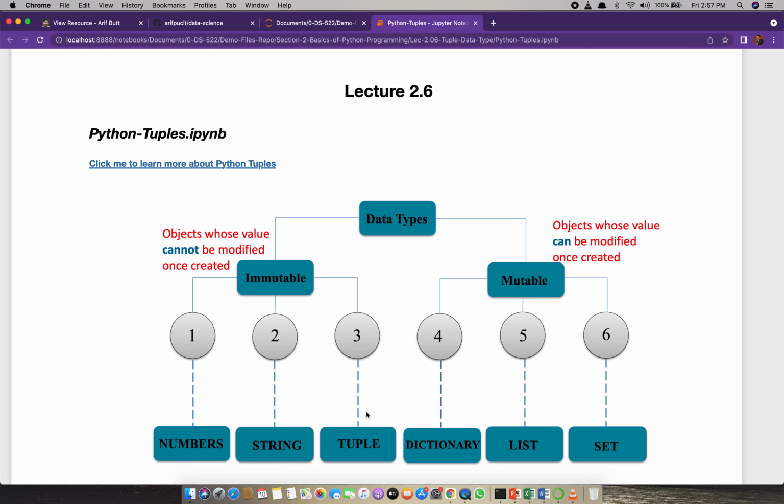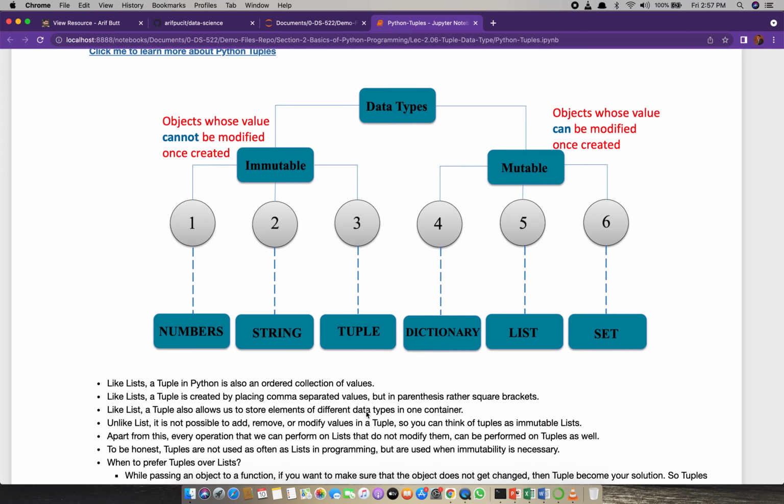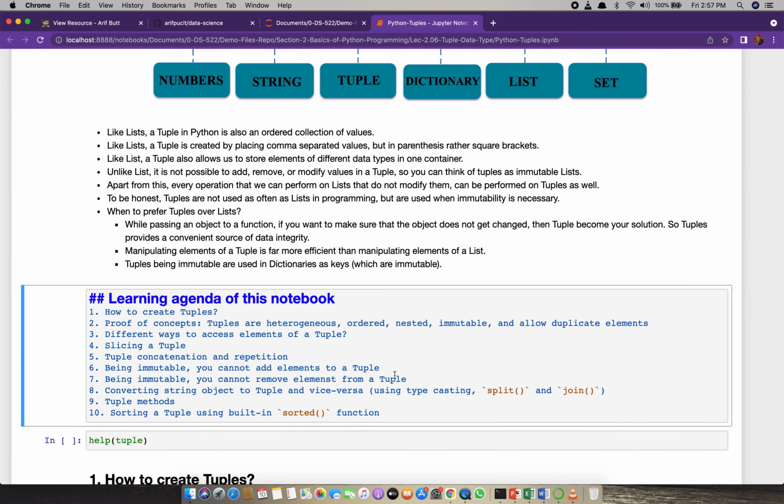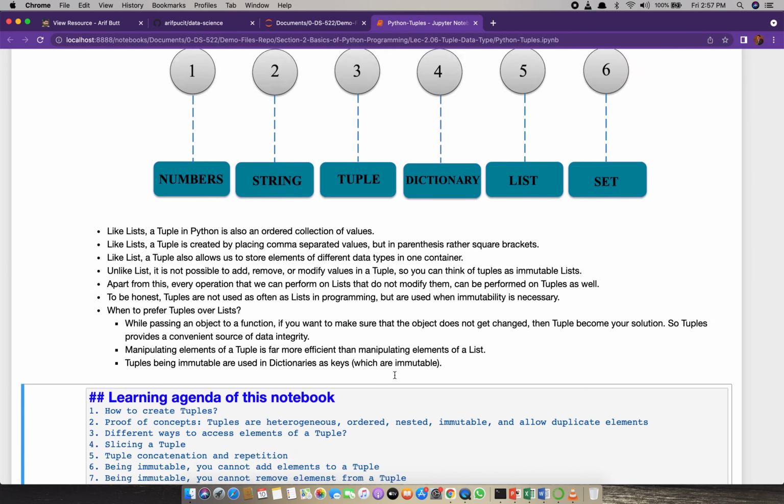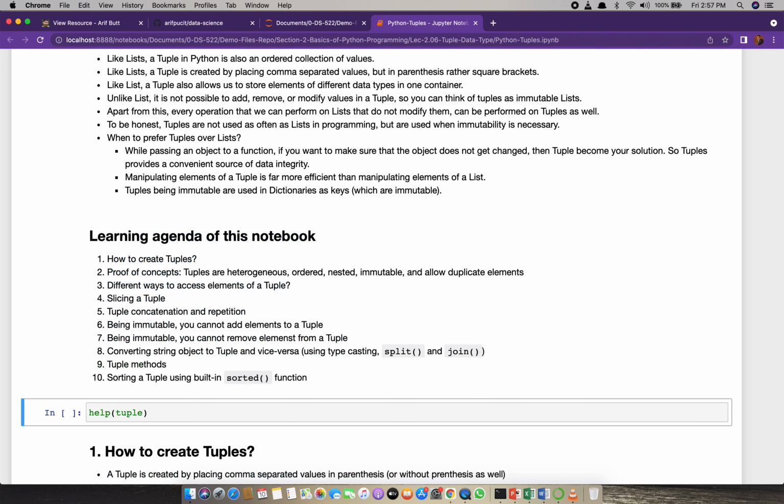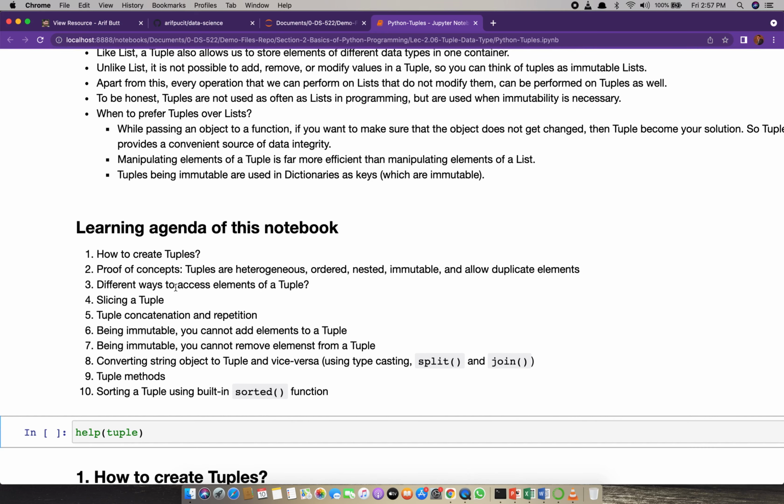I think enough of theory. Let's see the agenda of today's session. Okay, so we will start with how we can create tuples. We will discuss different concepts related to tuples. We will have a proof of their concepts. We will see different ways to access elements of a tuple, how to slice a tuple, how to concatenate and repeat tuples.